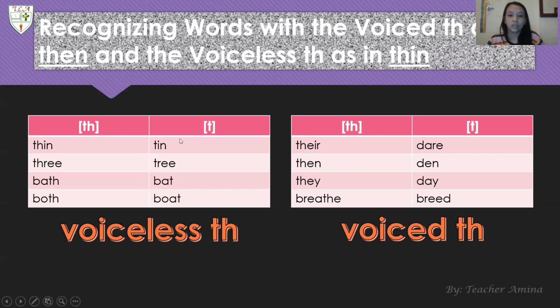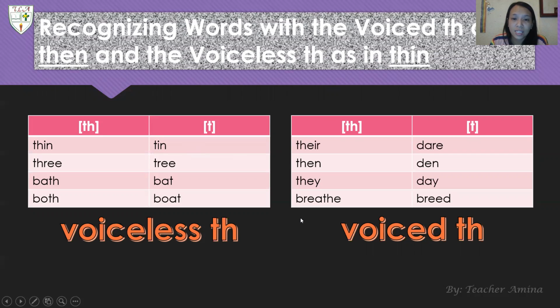It sounds as if you are really voicing the TH, with the hint of the sound H in it.